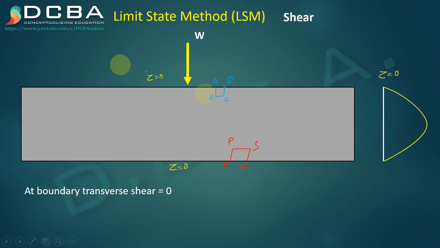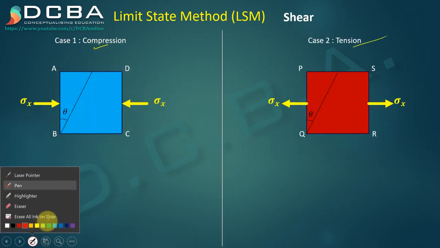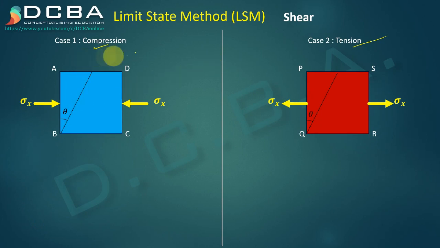And please understand that these elements ABCD and PQRS are very small elements. So don't come in and say that it has such height to it, so won't the shear stress here be this. No, those are very small elements, like when we say dx or dy. Dx and dy, we know it is a very small length, right? So here in the compression and tension case, we have these two elements with no transverse shear acting, because these two elements are at the respective boundaries.